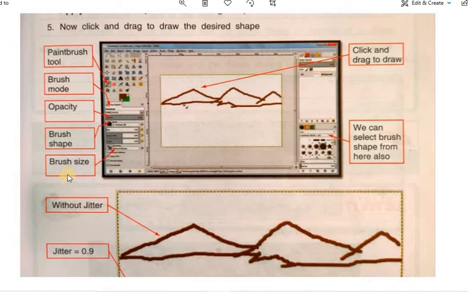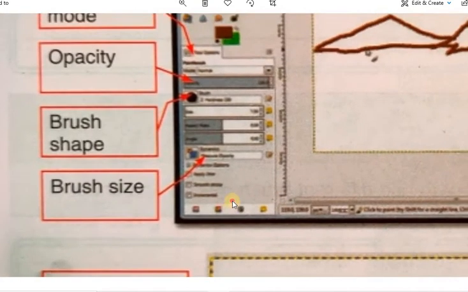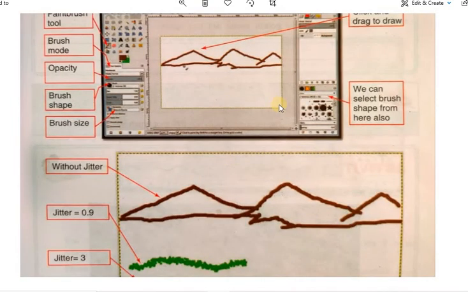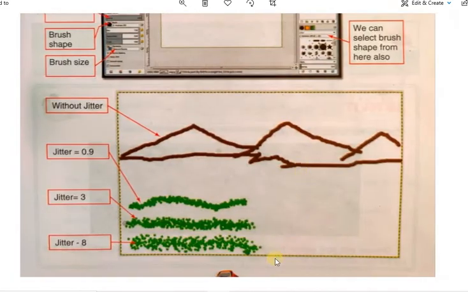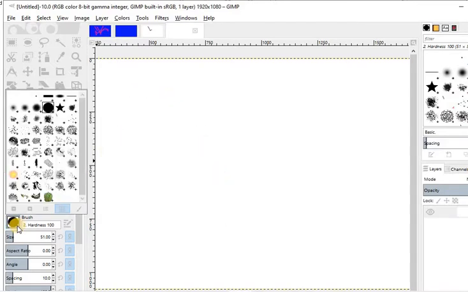I think this is not clear here. Okay, no issue. We will go to the menu of this option directly. Okay, just coming to the screen. Here, from here we can change the brush size. Brushes from here we can change,